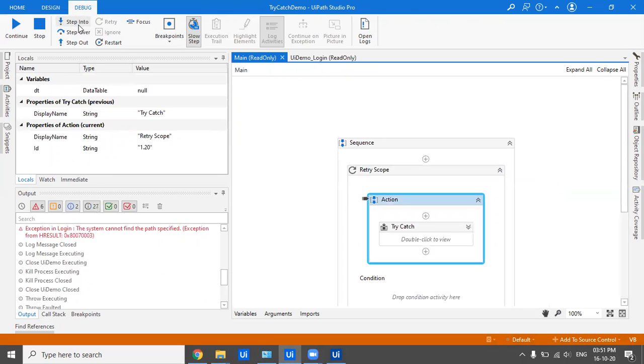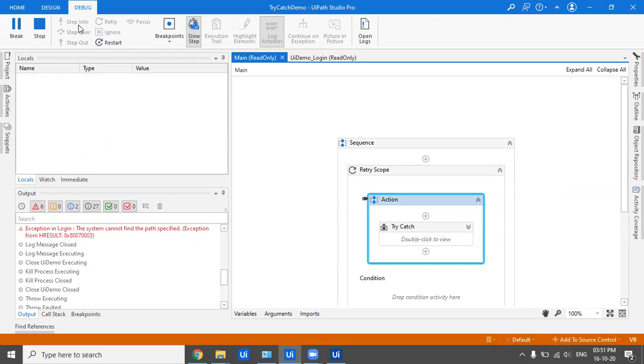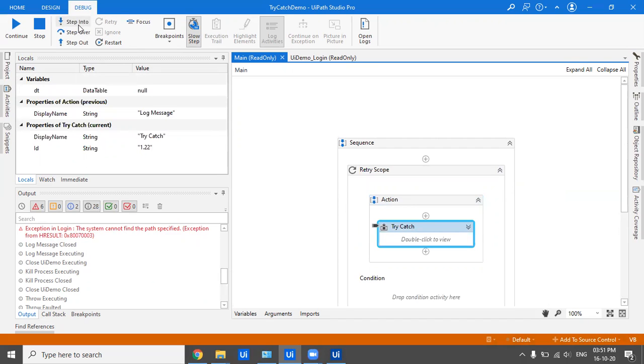So it has again re-executed the same thing. We had try catch, it did fail, but it has re-executed because we have a retry scope here. Because we have given 3 retries, again there would be an exception and again it would retry.